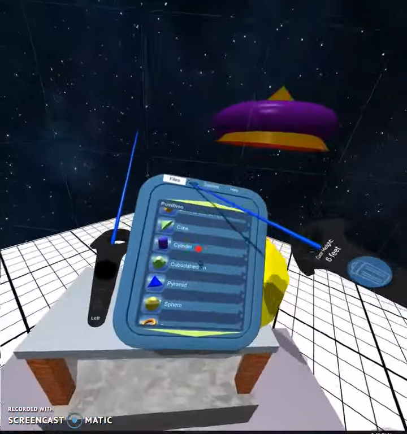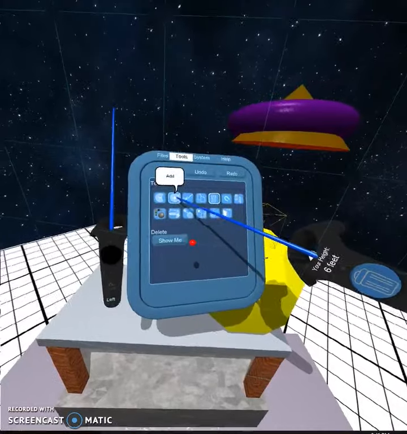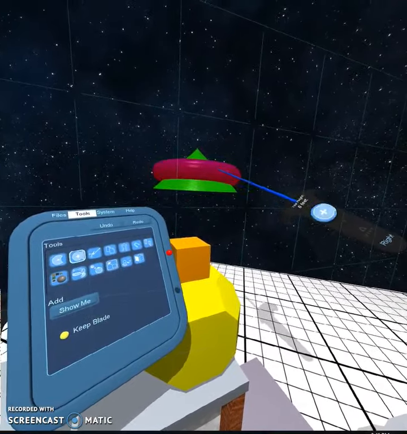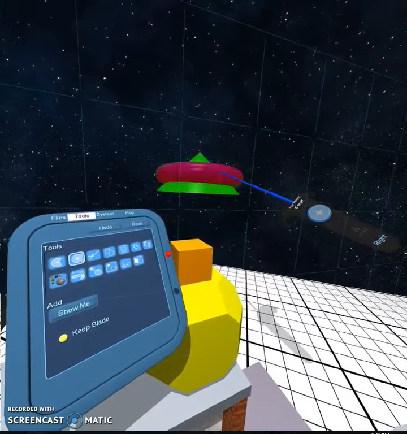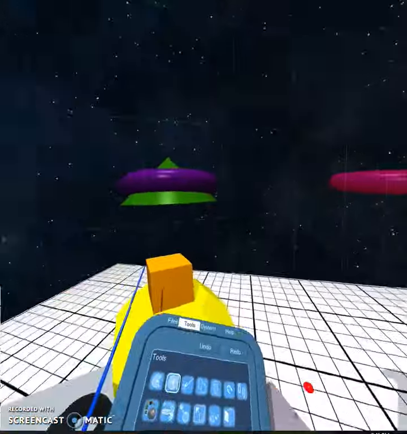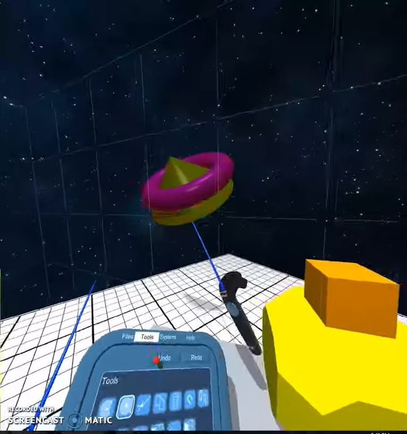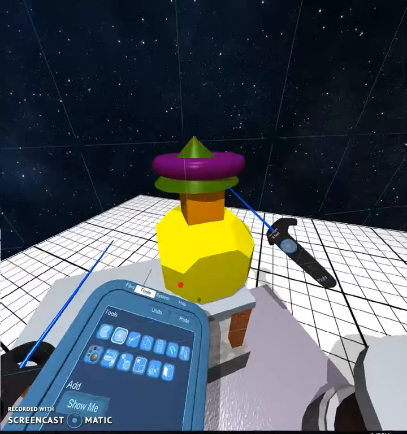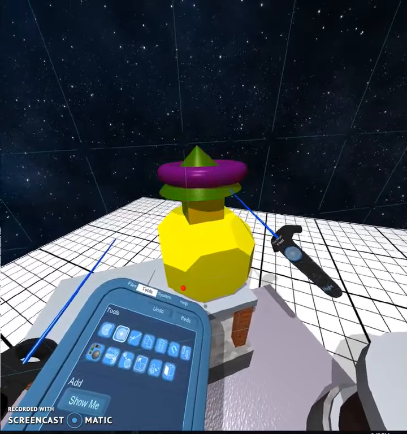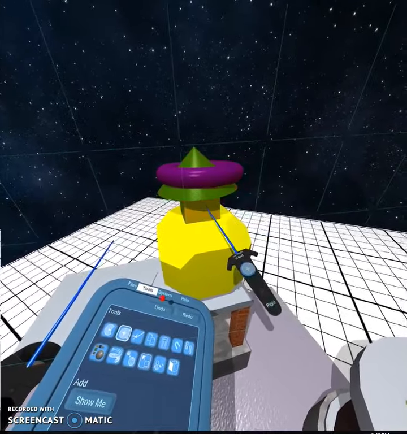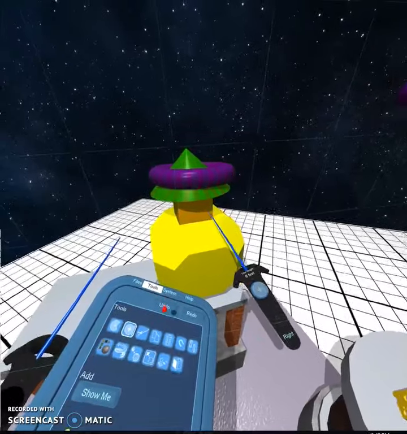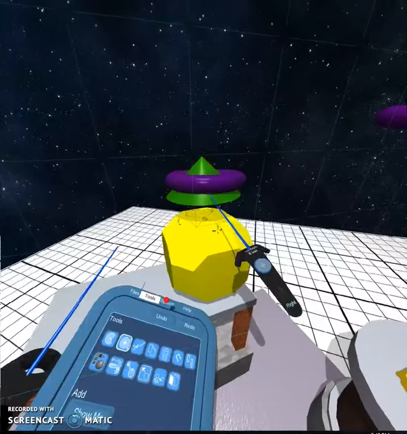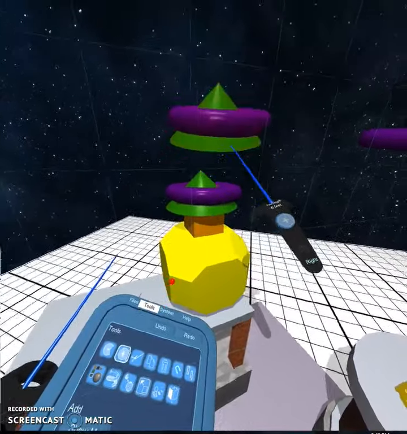Once I get it where I want, now if I go to Tools and Add, I can add it to part of, so I trackpadded it. So now it's been added to the top of the cone. Twist it around. Let's put it on top. Now let's add it to this. So I've just added it to this. Notice it's still snap gridded, so